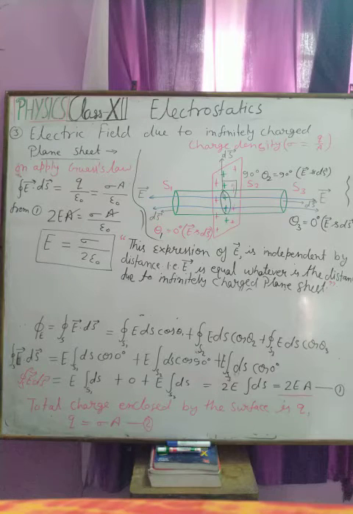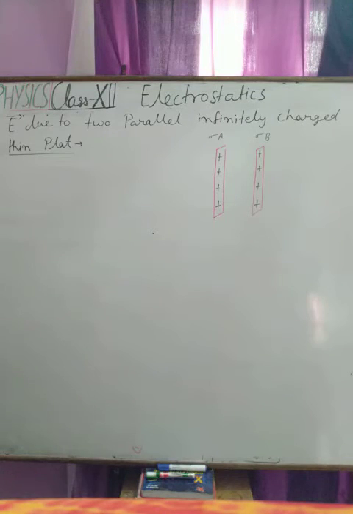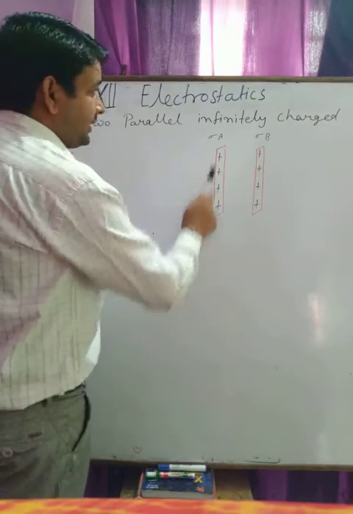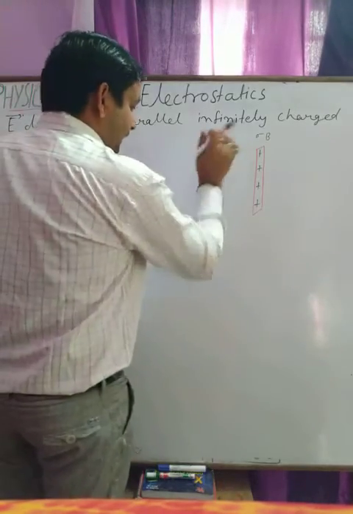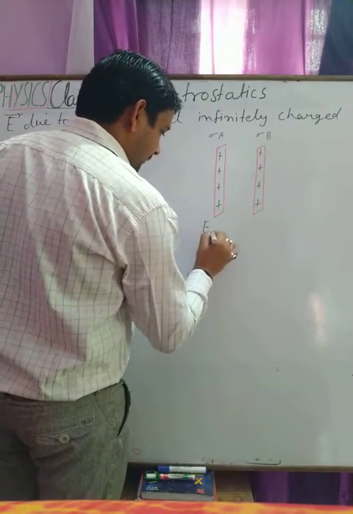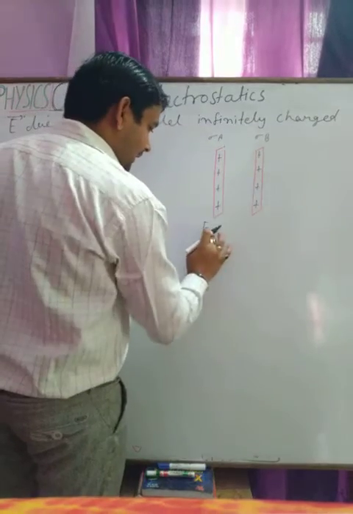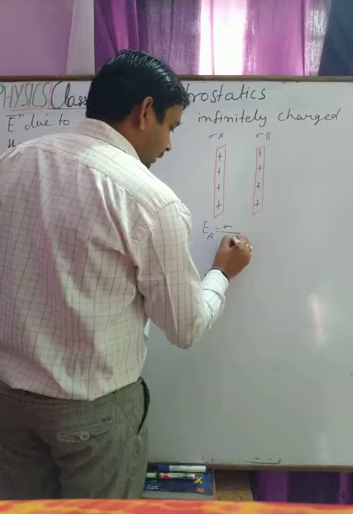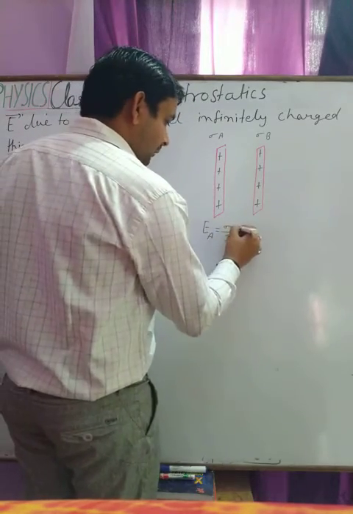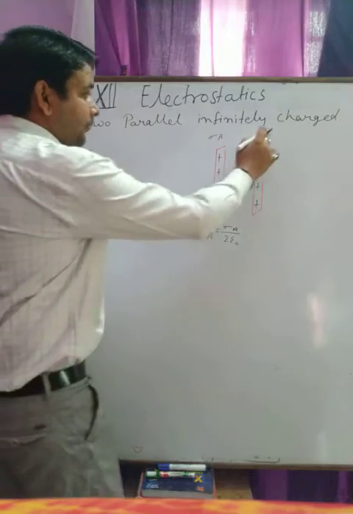Now we are taking some special cases, using two plates in place of one plate. Okay, students, we have two charged plane sheets as we took earlier. We all know the electric field due to the first sheet, the plane sheet A. E_A is sigma A upon 2 epsilon naught, and